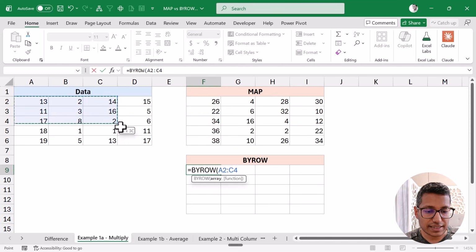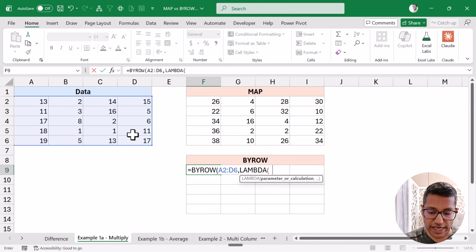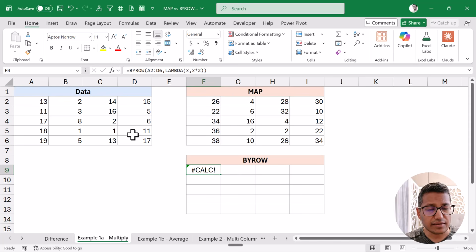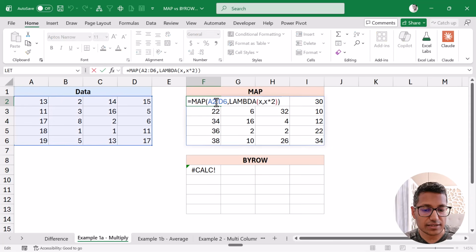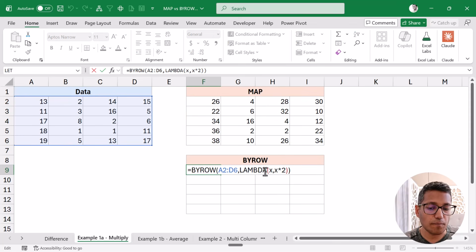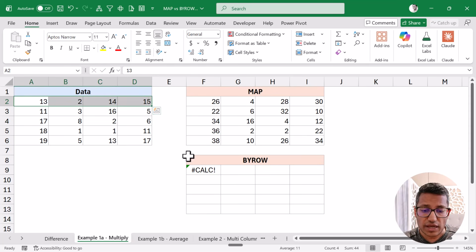With BYROW, I would take this array, and then in lambda, if I use x comma x into 2 and I hit enter, it gives me a calculation error. The reason is that in the map function, when I used lambda, x represented one cell at a time, so the value from one cell at a time. But in the BYROW function, x actually represents each row in this range. So x does not represent one value, it represents the entire row, which means that I